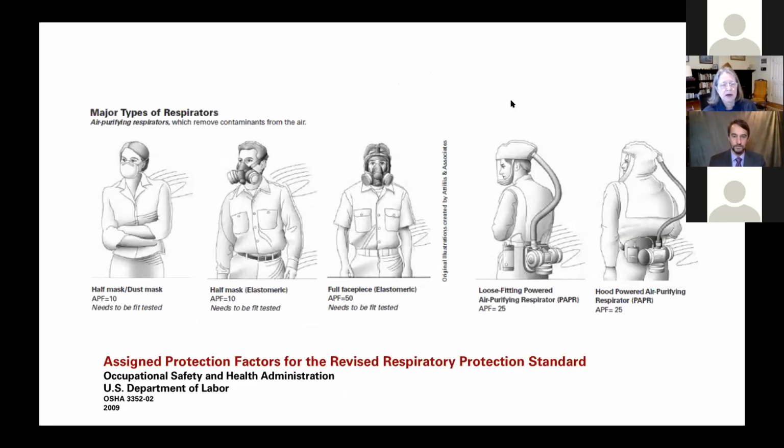And here, these are cartoons, and you can find this document online if you want to look at 100 pages of detail. But bottom line, these are air purifying respirators. So the purpose, and a respirator is a specific form of a device that fits over the face, with the purpose of removing contaminants from the air. If you go to Home Depot, there are many different kinds of filters. Some are for vapors, but what we want are the ones that are going to remove the particles.